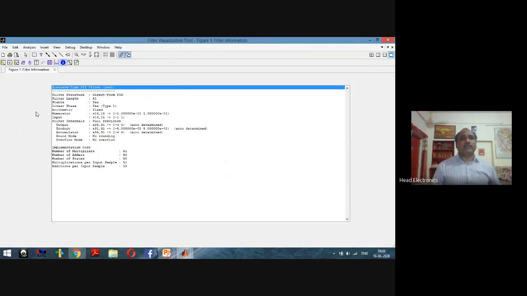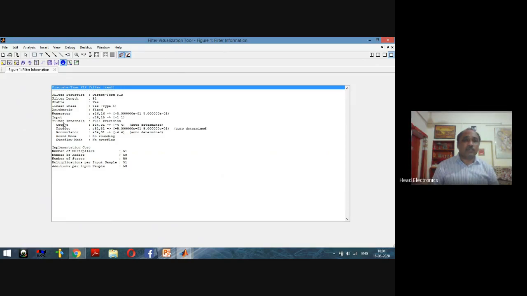We can also compare the filter information. Here the filter length remains the same, the order remains the same, but the numerator has some changes because of the word length of 16 bits. So there are some changes in the numerator and denominator filter coefficients.